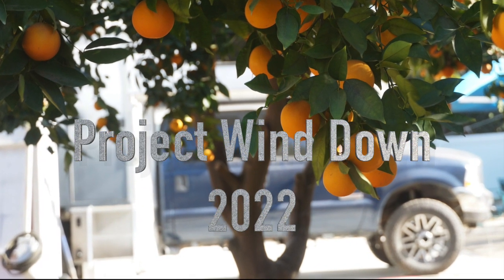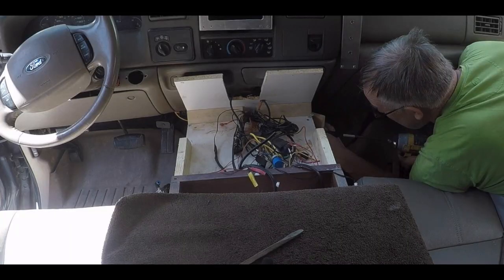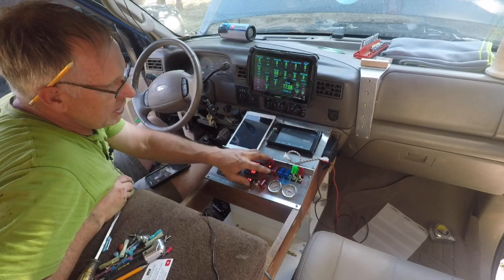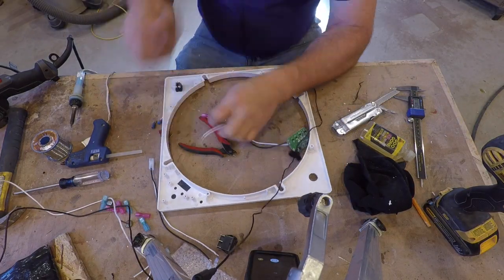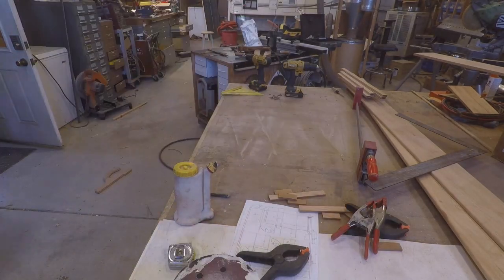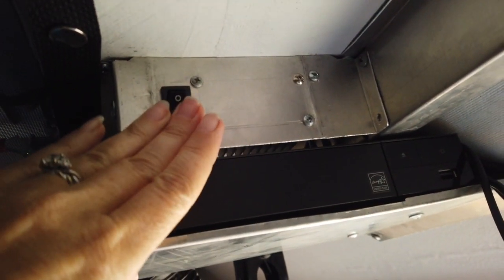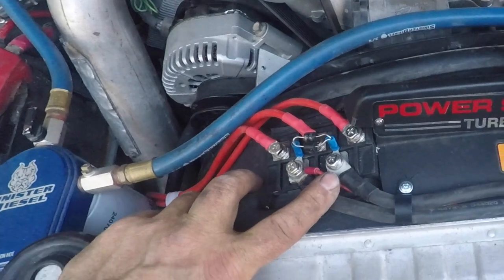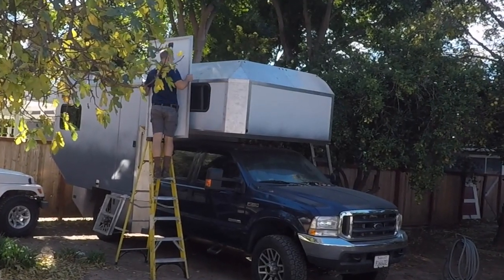Well, Maximus 2022 project mode is going to be winding down soon, but we definitely got a lot accomplished since we've been home. Steve did a fan reverse switch mod on a couple of our Max fans. We finished the duckboard flooring, relocated a DC to DC converter to make it more convenient to use in the bunk, located the dual alternators diode bridge to improve cooling when charging, replaced the solar panels, which was a big